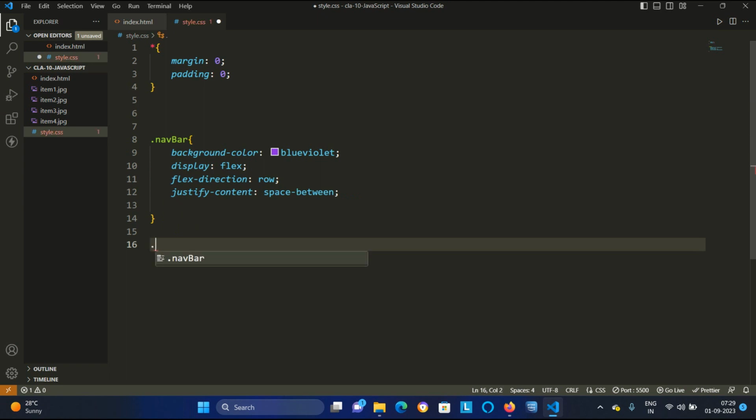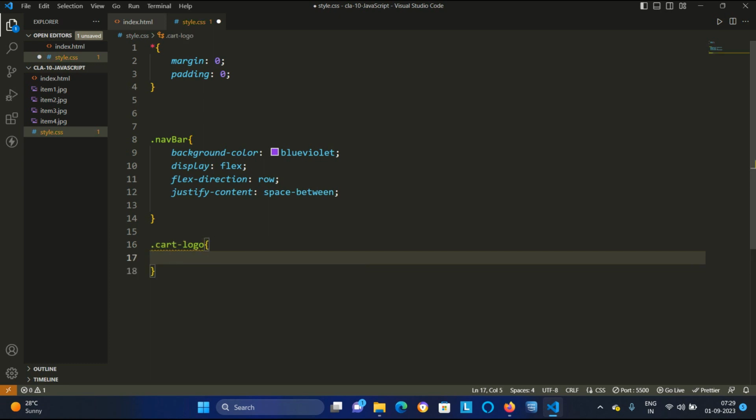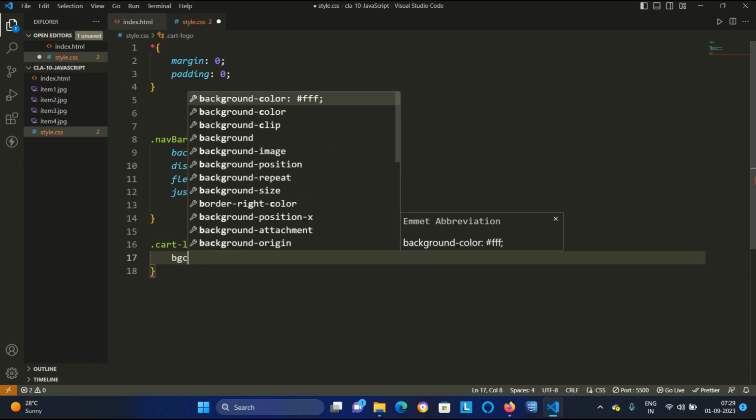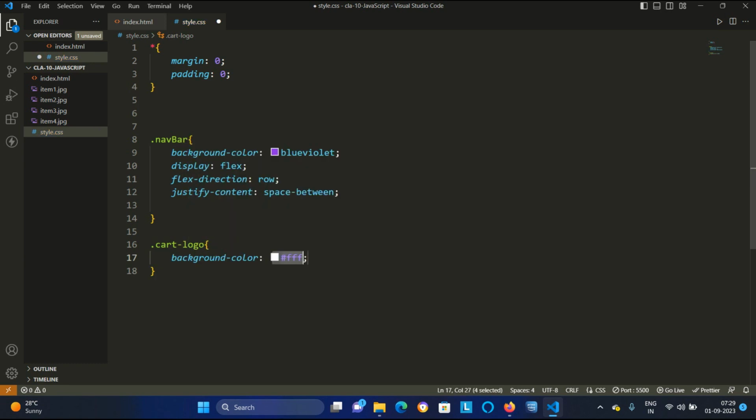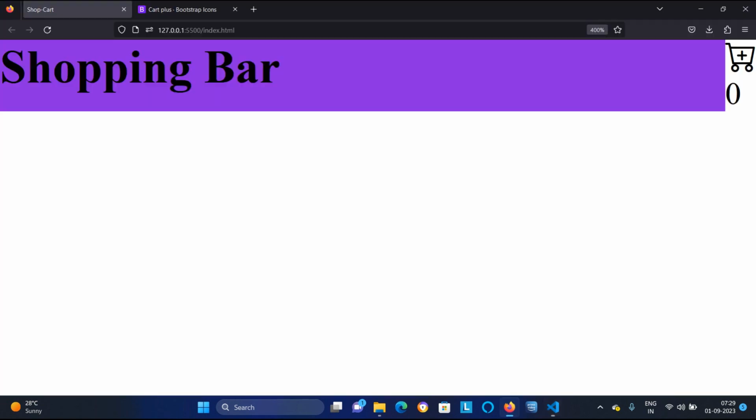This dot selector, Control V, cart logo. Here you are saying cart logo. First of all, give this background color as white. So here it is coming white.